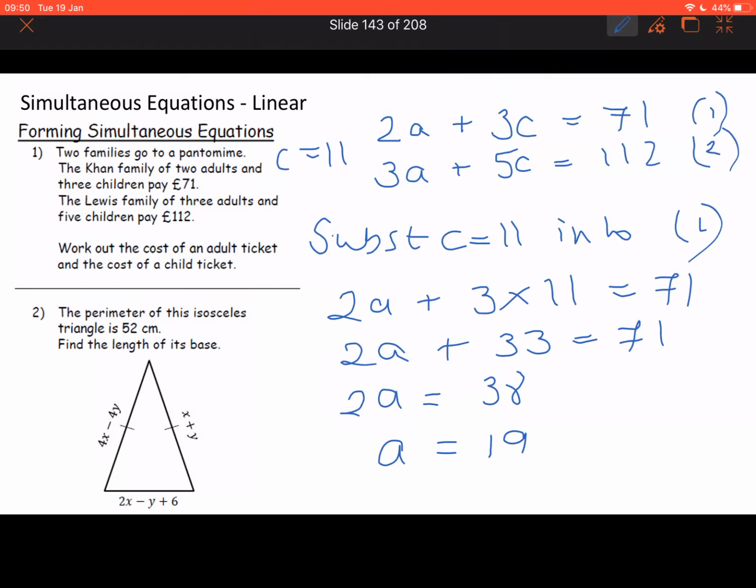So a quick check that my answer makes sense. An adult ticket is £19 and a child ticket is £11. That seems like it could be about right. Okay, so